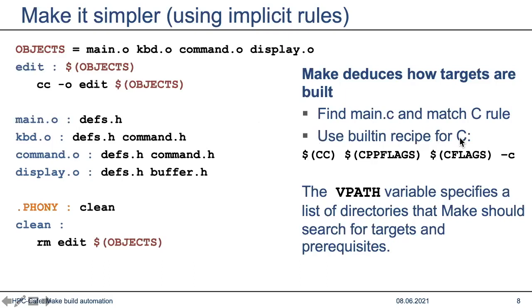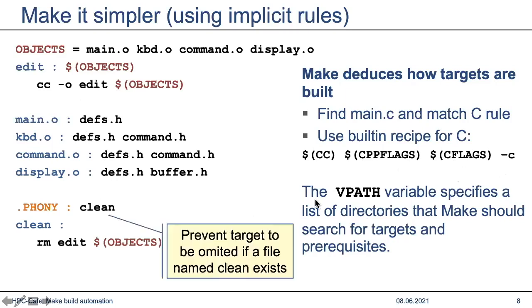All the known implicit rules are well documented, and they are controlled by variables that are used. And you can influence what happens in this built-in rule by setting those variables in your makefile. Of course, now this reduces the file a lot. You only have the dependencies. One thing I want to mention here,